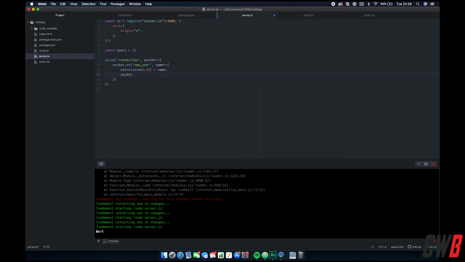So I'm just going to hit socket broadcast.emit because we're going to emit it as a user connected message with the name of the new user. There we go. We're just going to do the same thing for a user disconnection. So socket on disconnect,